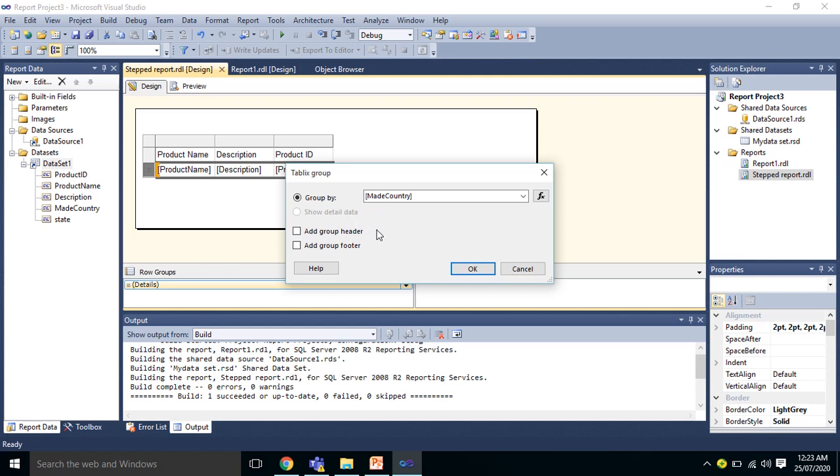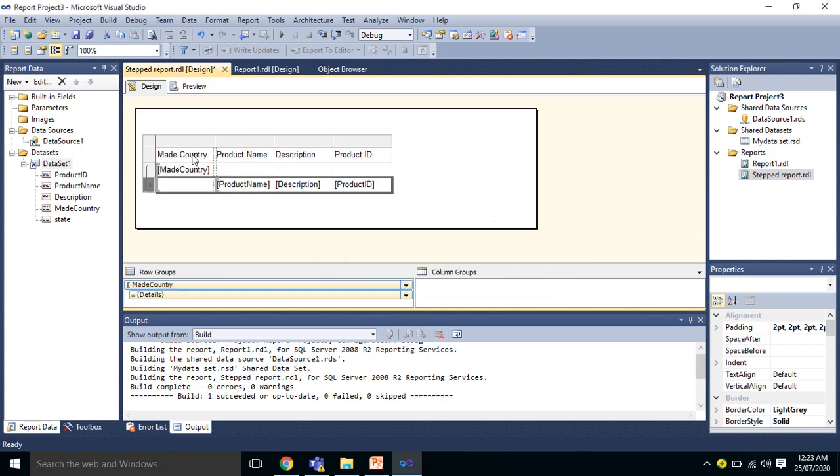That means the details row, product name, description, product ID, will start from the same row. That is the block report. So now we are going to create a step report, so I'm taking this out. Let's click on OK. Okay, so our report is ready.